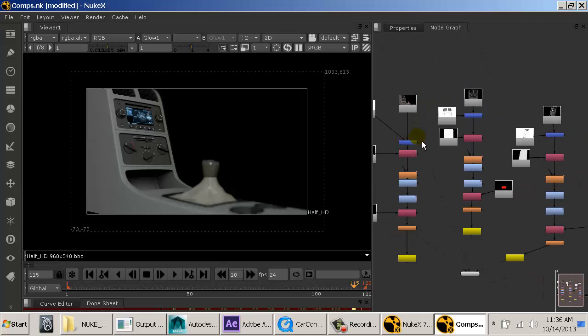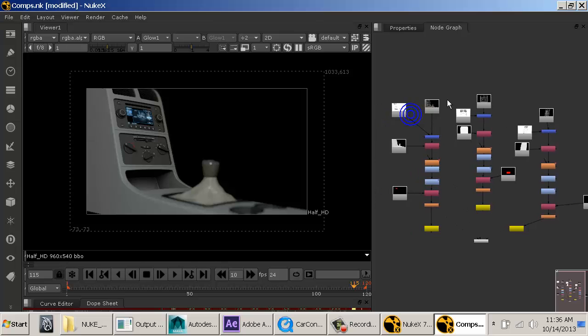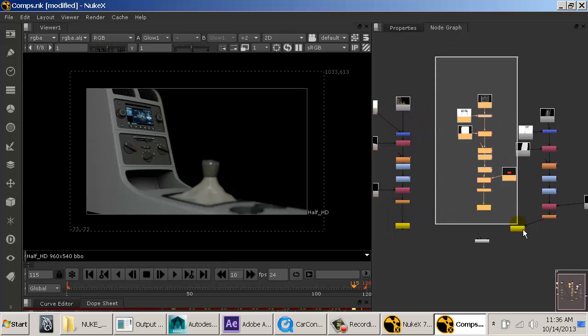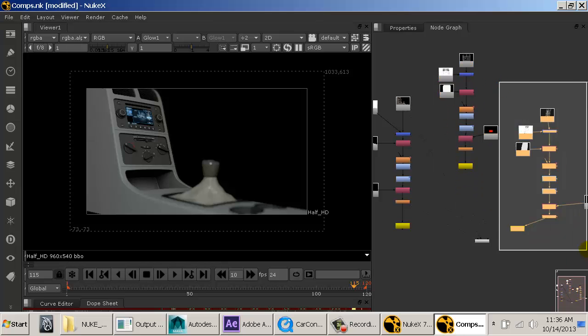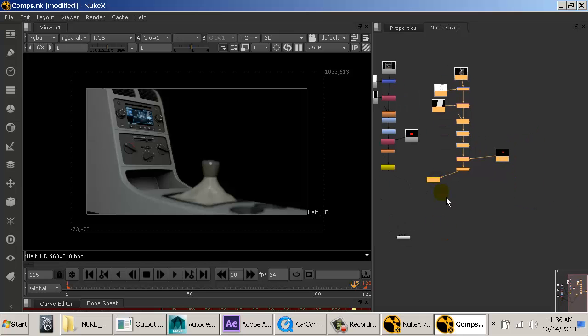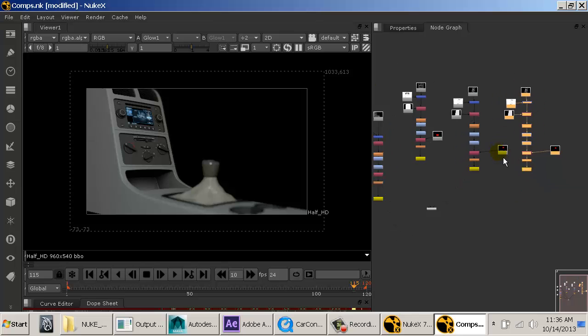Okay, so all of this stuff that I just showed, that's for one of my views. And then I did the same thing for one of my other views. I did the same exact thing for one of my other views. And this is how quick Nuke is. You know, if we were to do this in After Effects, it might take a couple more extra minutes. But in Nuke, all I have to do is take this whole thing and copy it, paste it,